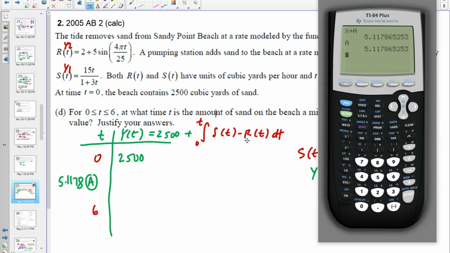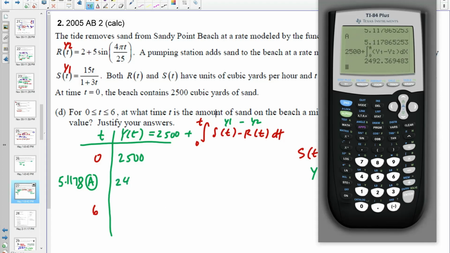And so then I'm going to punch this value for y in: 2500 plus math 9 from 0 to, now this time is going to be A, so I'll hit alpha A up here. In here I'll put s of t, which is y1 minus y2. So the integrand is y1 minus y2. Don't forget to close off your integral with an x. Hit enter,